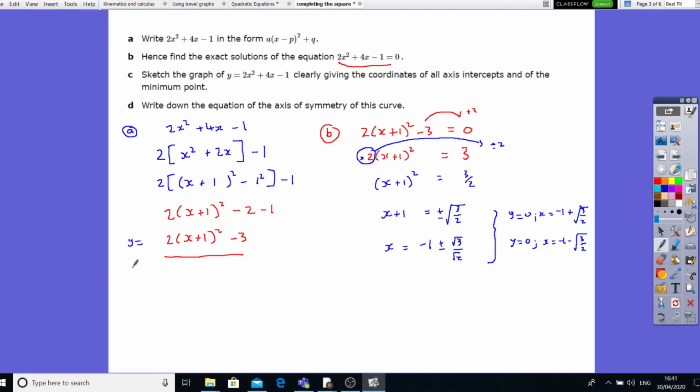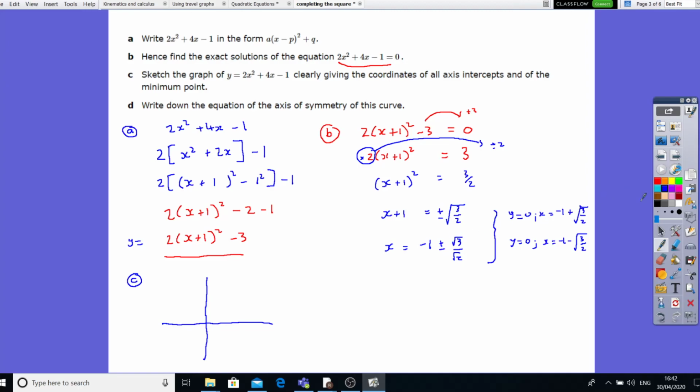So let's just do C here. So we go sketch the graph. Now clearly label the axes, all the axes, intercepts, okay, and the minimum point. And first of all, I'm going to just put the axes here. Now it is going to be a positive. So let's just do that. First of all, I'm going to get